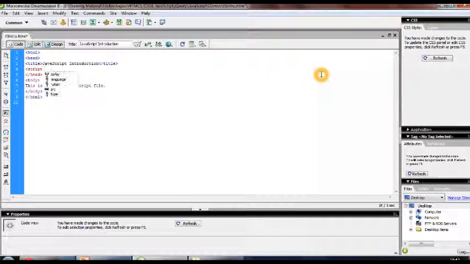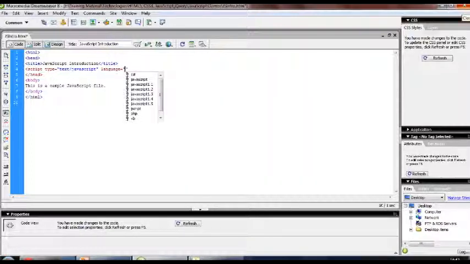Over here in the type attribute we have several options. So we'll be using JavaScript. Another attribute we have is the language attribute, and we'll be using JavaScript for it. Let me put it JavaScript.